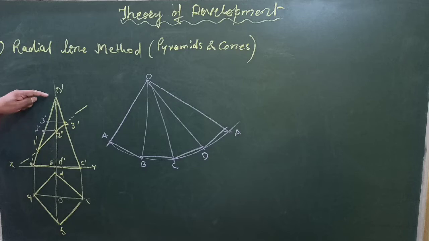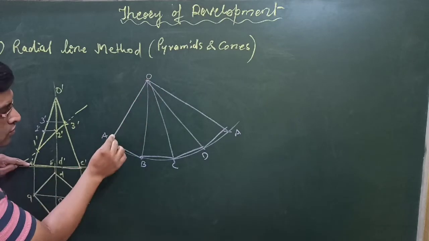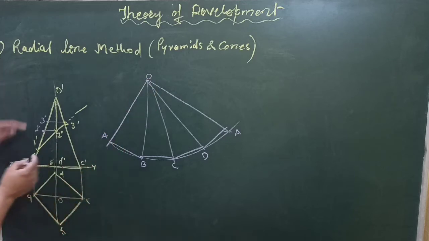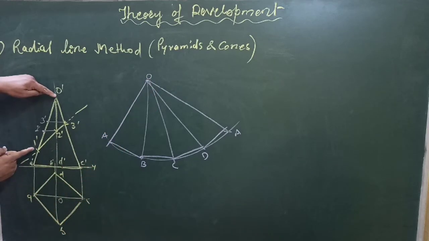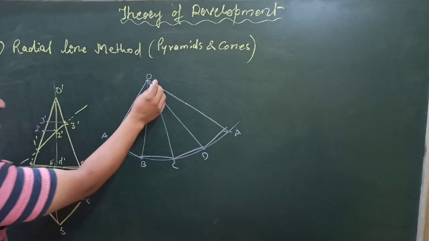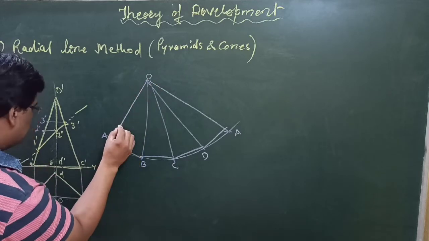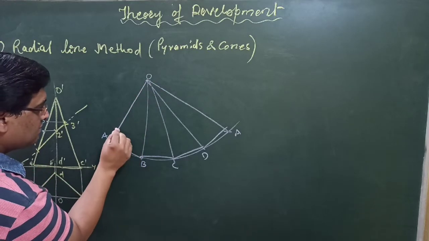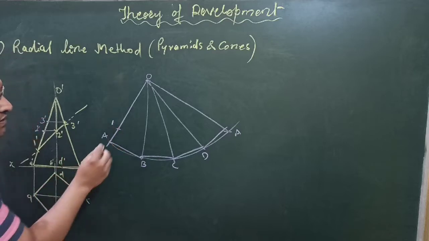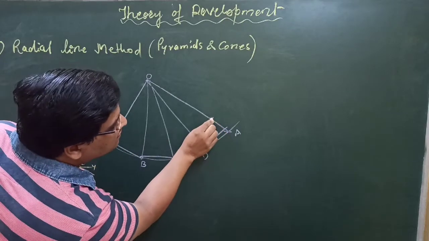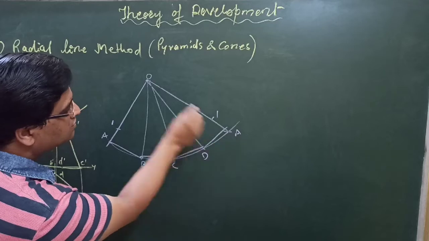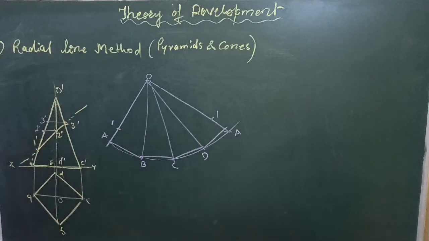So now you have to take distances from O'A' only. Okay. Now first point, O'1'. This O'1' point is cutting O'A', so you have to cut from O on the line OA, and the distance will be O' to 1' from the true length line. Take this distance, take O as center and cut on this line, so that this is point 1. This is also point 1, because A is here also, so O1, O1.